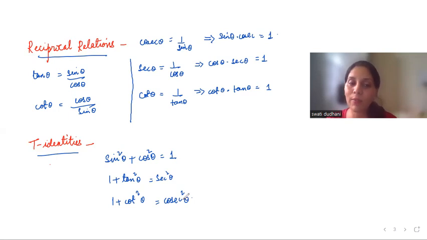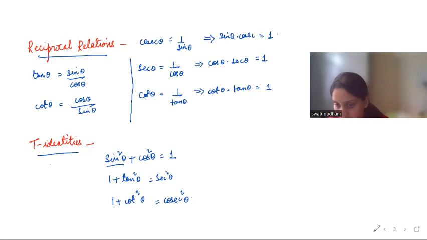One thing you can clearly see is that all the identities have a square in them. So whenever you come across any question which has a square, you will definitely need these identities. Without using identities, you cannot solve the questions, so it's very important you remember this. And suppose I want to find sine square, I can write 1 minus cos square. So you can also use it this way, depending upon the questions.